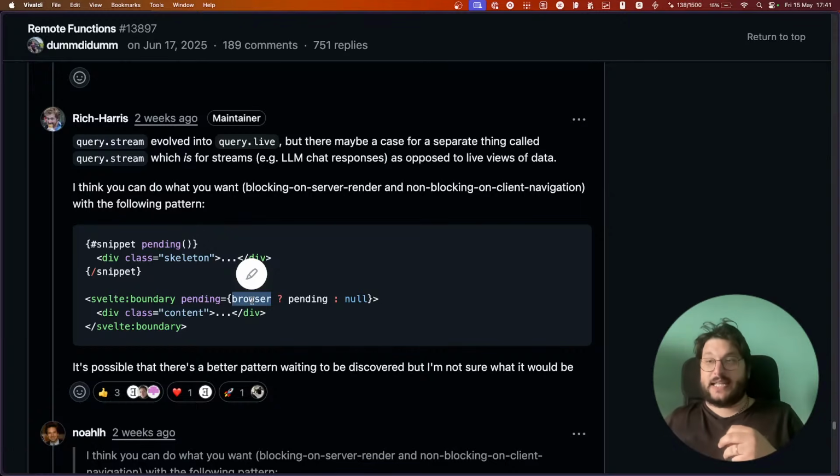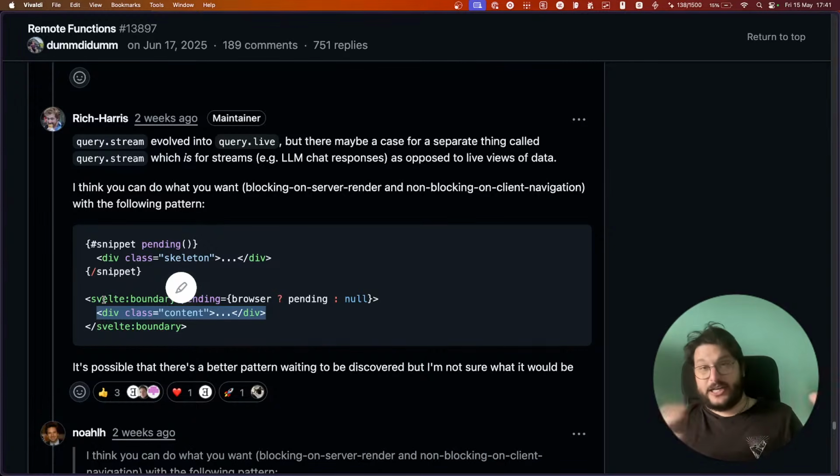This basically means that the content of the Svelte boundary during server-side render will actually server-side render, but during client-side navigation, it will show the pending snippet and then load the data.